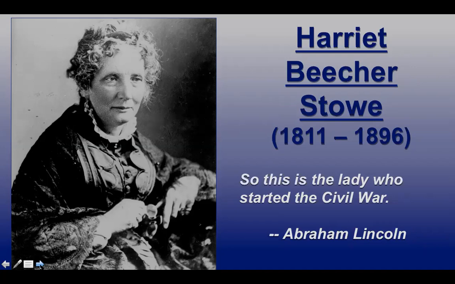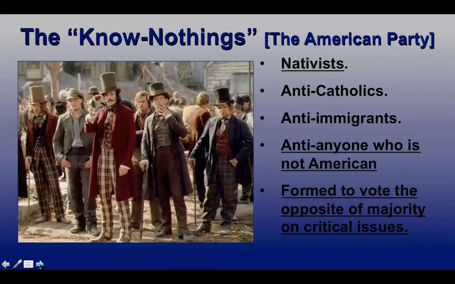Okay, so that's happening socially. Politically, during this time period, during the 1850s, you have a lot of new political parties that are forming. One of those new political parties is called the American Party, or as some people like to call them, the Know-Nothings. So the Know-Nothings were nativists, meaning they were all about people who were just born in America,